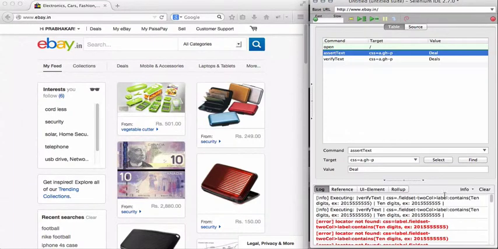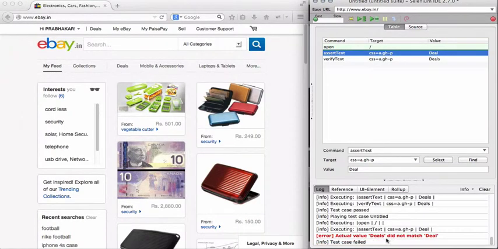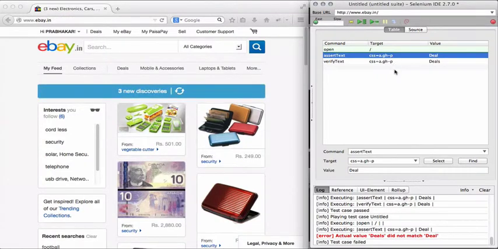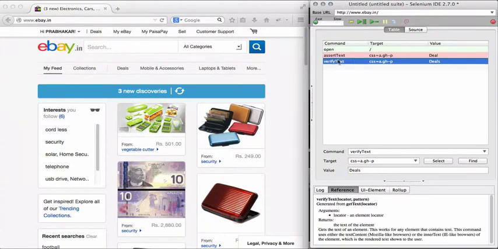So if you see the log here, actual value is deals, did not match deal. Our given value is deal, whereas the actual value on the web page is deals. So the test failed, and accordingly it has stopped and it has not gone further. Whereas I'll just